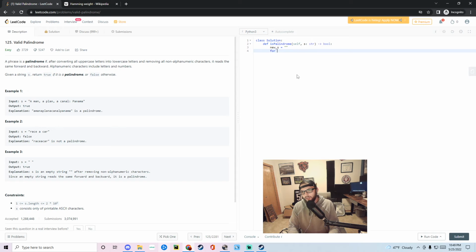This is really annoying. So for elm in S, if S in, and then we're going to go ahead and define all of the alphanumerics that happen. So E, B, W, X, Z, and then all the alphanumeric letters and numbers. Then you got the